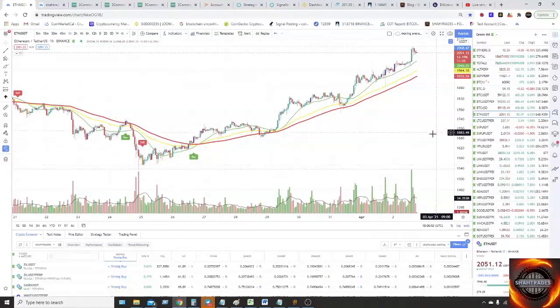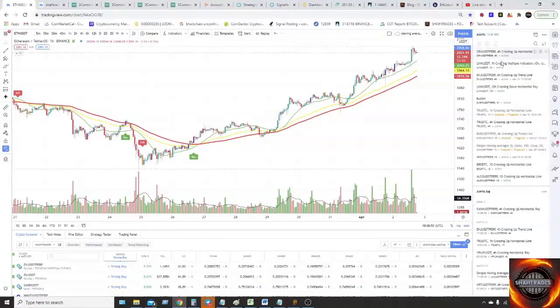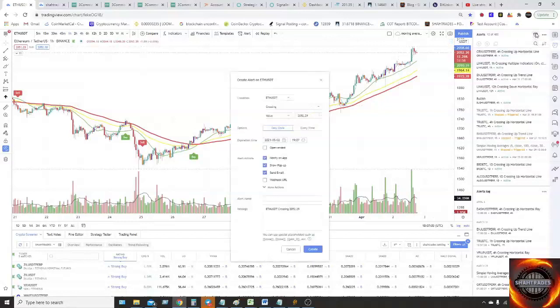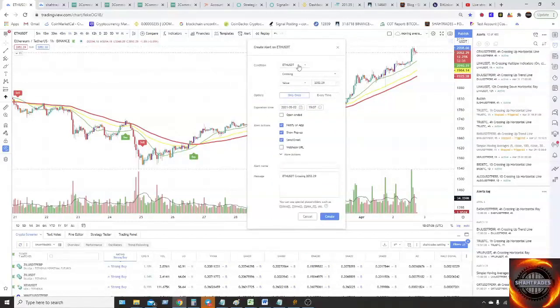Then you have to go to the alert section, and here you have to create one alert. Here you have the alert section. Now you have to set the alert condition. So do you want to open a long bot or a short bot? Let's say we open a long bot. Here you have to choose the coin ETH, which is already selected. Then you have to choose the condition here,